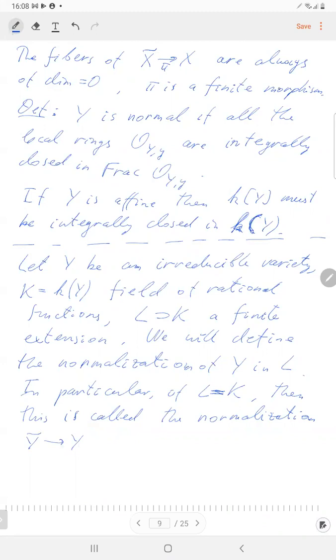Okay, so how do we define this? Well, now I'm too late. So maybe let me still define it, and then next time we will prove the basic property, say the normality property. So we define. Well, let's go to the next page.